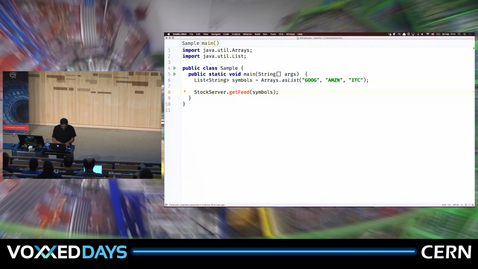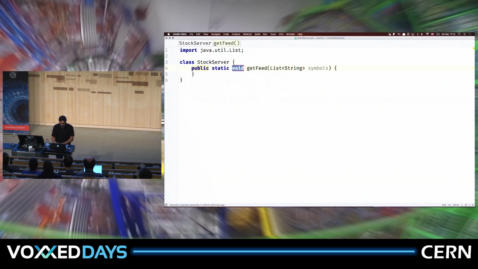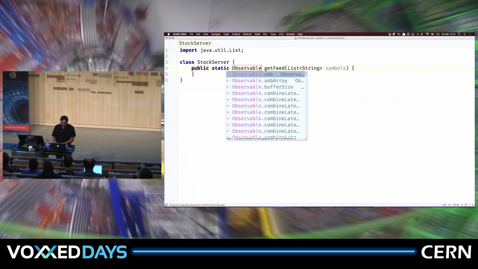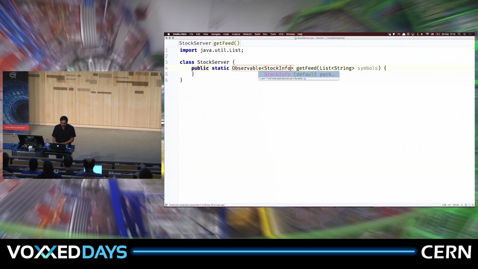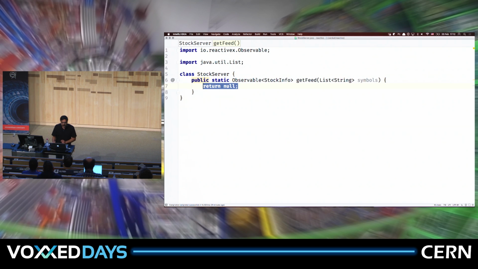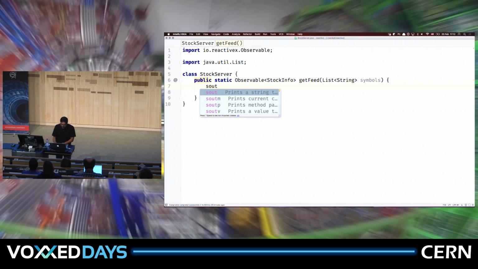Well, obviously, I don't have a getFeed method right now, so I'm going to go ahead and implement that getFeed method. In the getFeed method, I'm going to say it returns an Observable of StockInfo, and I'm going to create an observable of that for these given symbols. And so that is the Rx Observable that I'm going to get. We'll get to that point in just a minute. So I'm going to output here "created",